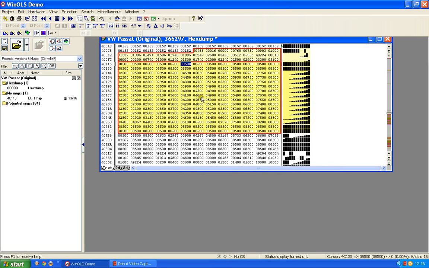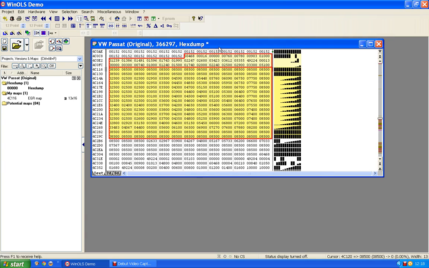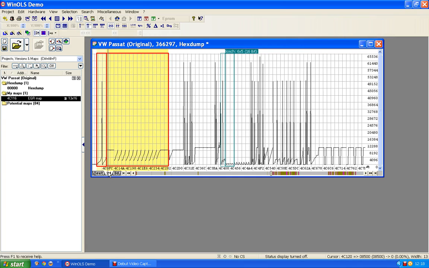Right, in the last video I stopped here. I just closed the EGR map, and so this is the EGR map. Now I'm going to go and look for a few more maps, but one more at the moment. And so what I'm going to do is change back to 2D view, and I could use,